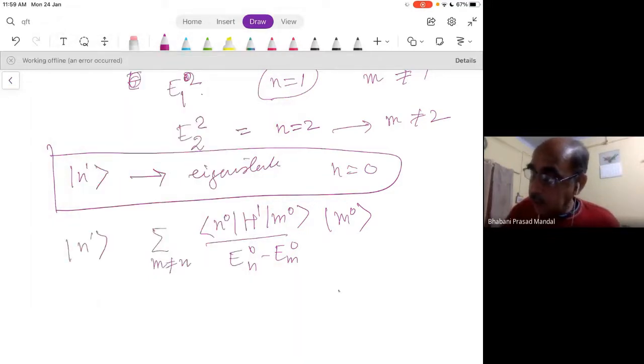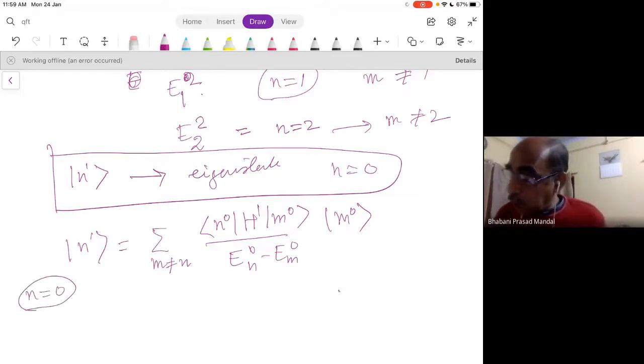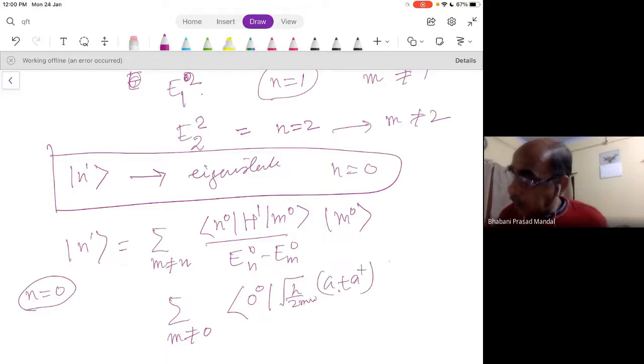This is my first order correction to the wave function. Now suppose n equal to 0, first value, ground state correction. So m cannot be 0, so this sum will be n not equal to 0, and this will be the zeroth order state, and then this will be root h by 2m omega times a dagger, and then this